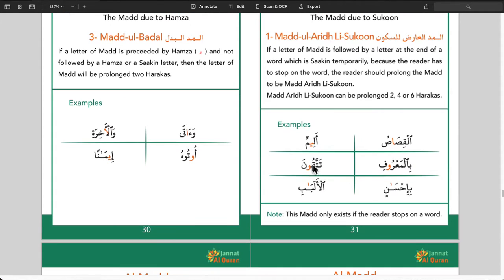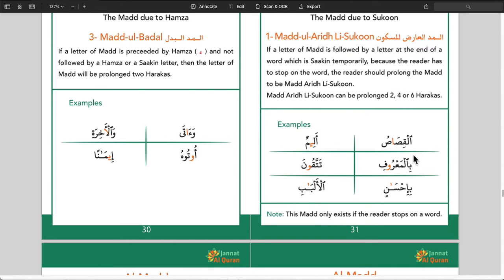Okay, let's see here. Alim, 2, or alim, very common, the 4 one, or 6, alim. Okay, so we're gonna just skip 4 because it is the most common among the reciters to keep 4